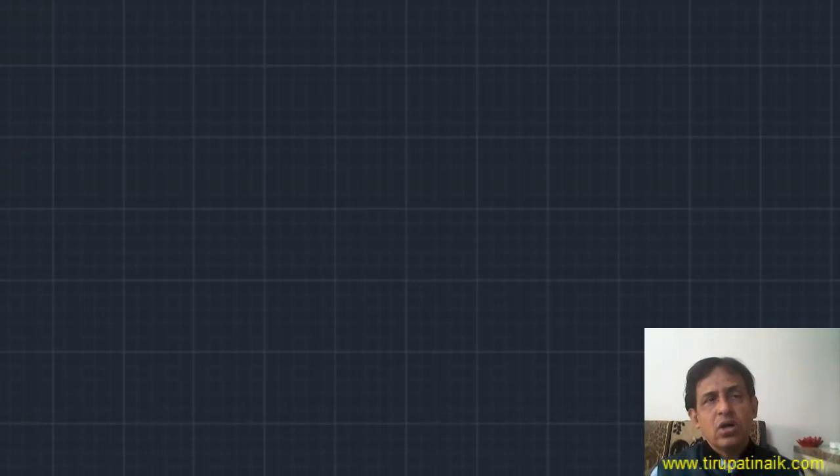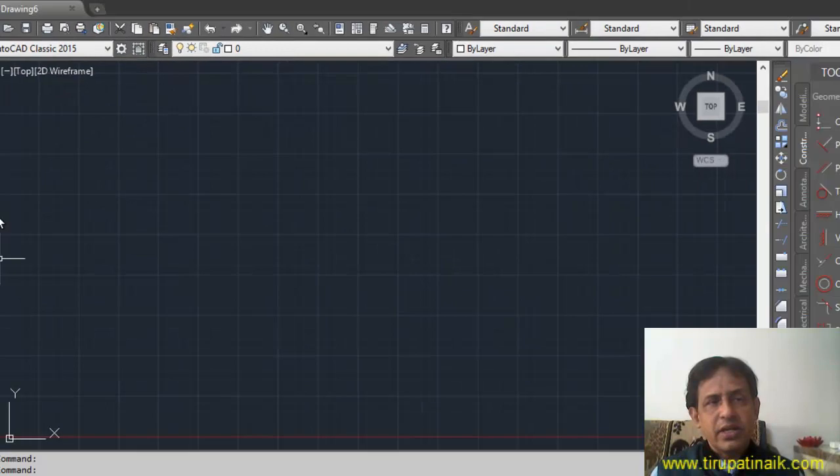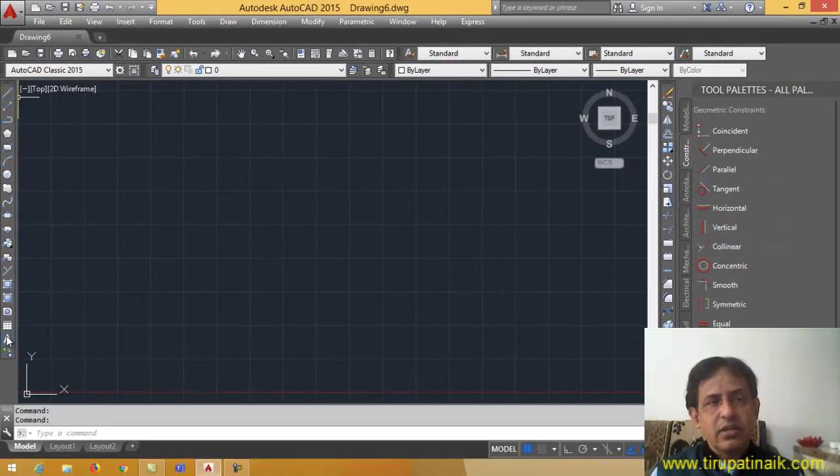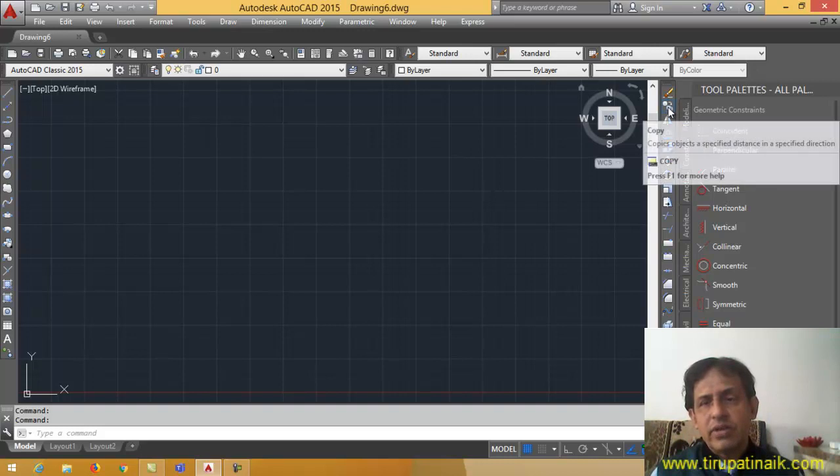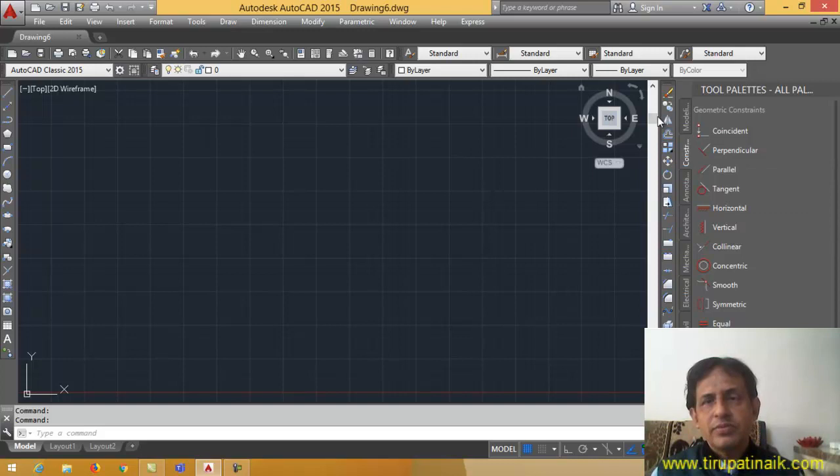When you open it, this drawing area will be seen here, and these icon commands which you are seeing towards the left side are the draw icons, the draw palette. Whereas towards the right side, you will see the modify icons, like erase, copy, and the mirror command. All these commands are there, and step by step we're going to learn them here. Then this particular portion is called the ribbon.